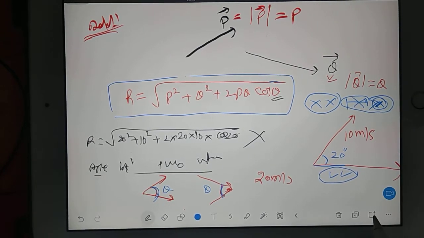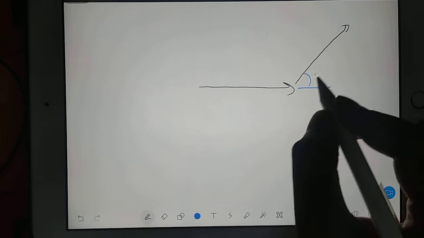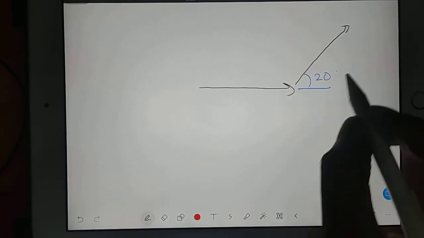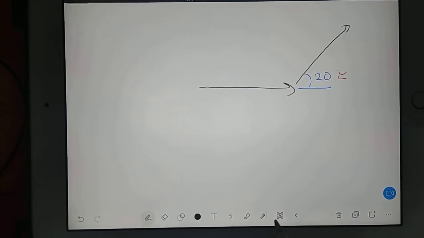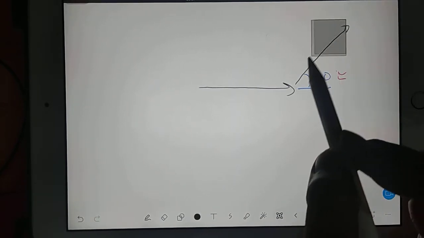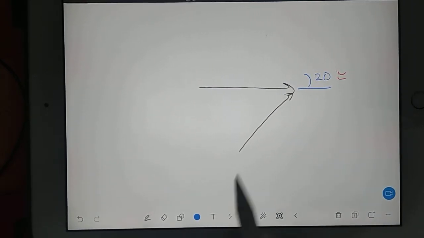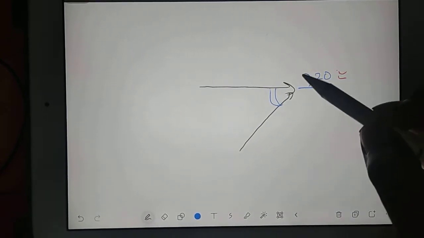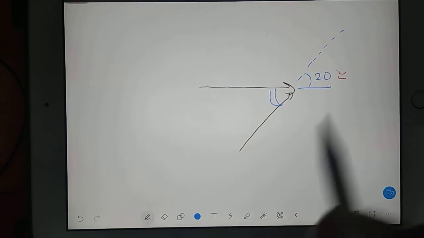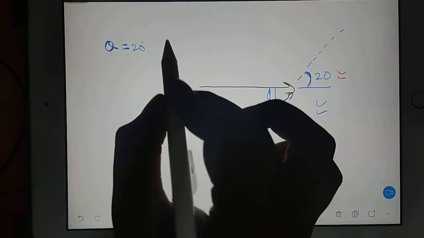I will change the page. I'll explain what I'm trying to say. This vector is like this, this vector is like this, and suppose this angle is given as 20. Then you have to make sure whether this angle is correct or not. For that purpose, you have one more option. One thing I have shown, now you see another. You can also shift this vector here, so that head and head match. Earlier this vector was like this, correct? So if this is 20, this is 20. So in this example, theta equal to 20 is correct.